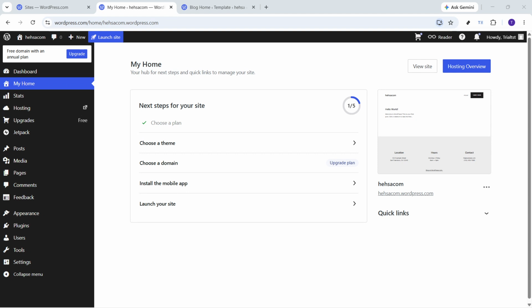To begin, go to the My Home area in WordPress.com. This is your main dashboard, where WordPress shows you an overview of your site and the next recommended actions. If you're already logged in, this page should load automatically for the website you want to publish. Take a quick moment to confirm that you're on the correct site before moving forward, especially if you manage more